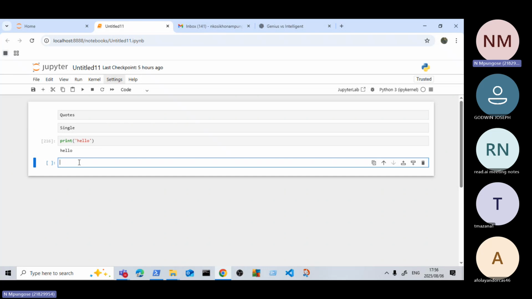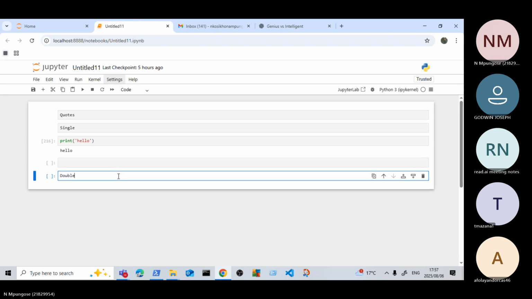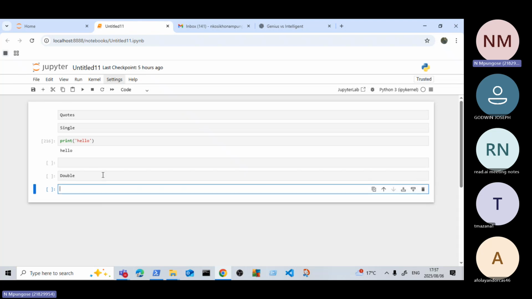Then we have a double quote. I'm just adding to what Dorcas has said. A double quote is whereby you have something like this.